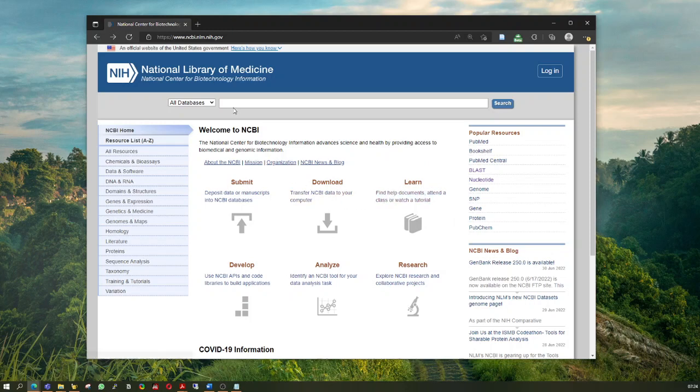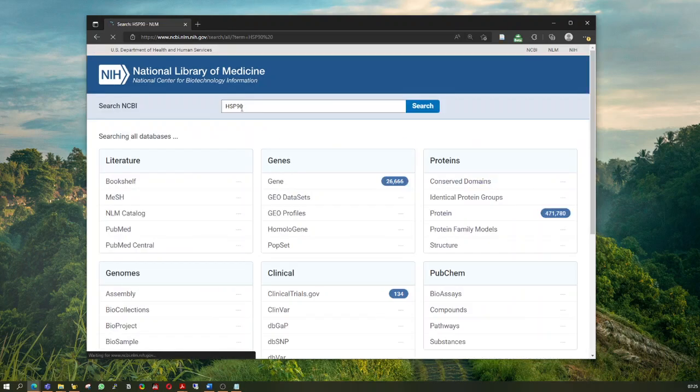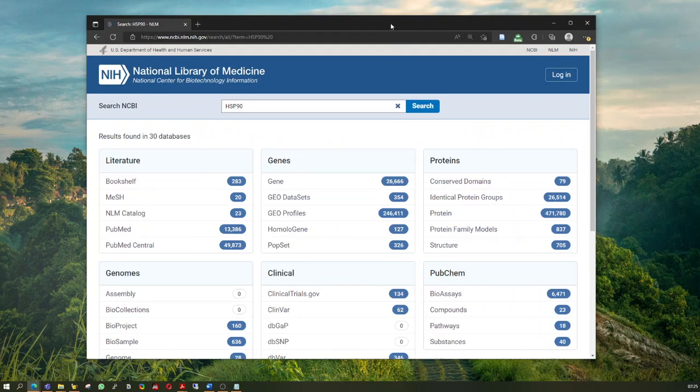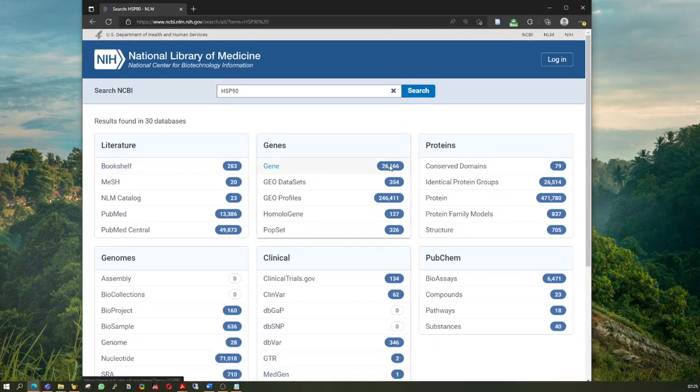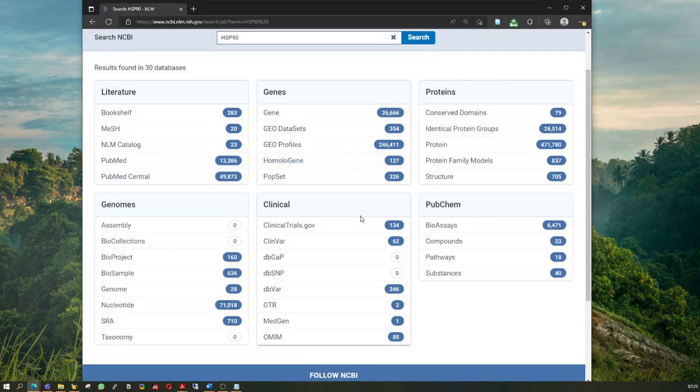But what we are very interested in is running a search generally, without looking at a specific database. I'm going to look for this gene, HSP90, which is heat shock protein 90. If I run this keyword across all databases, what I have in front of me now is a result, and the numbers highlighted in blue tell you how many hits were found